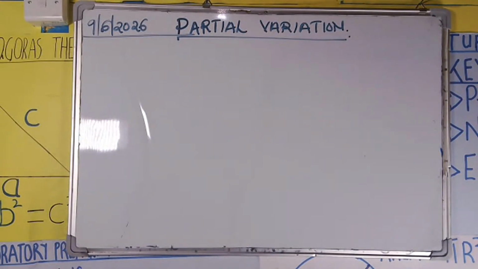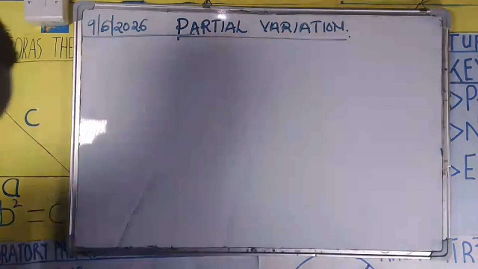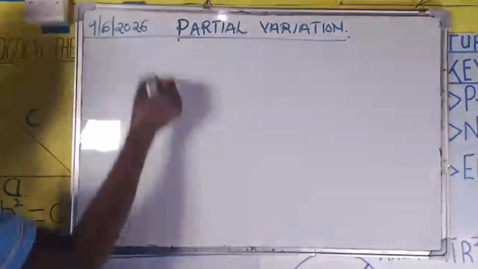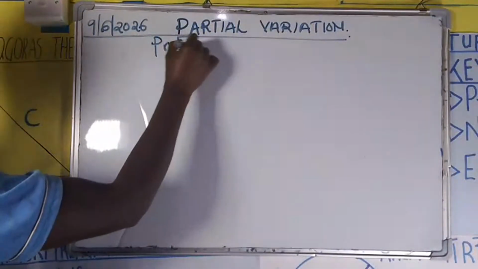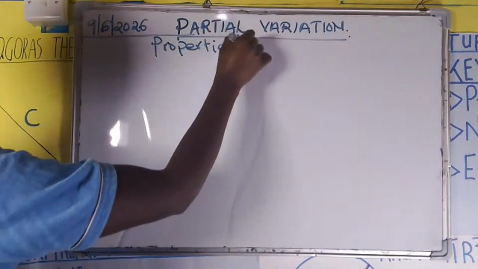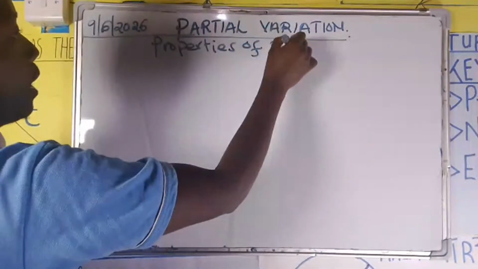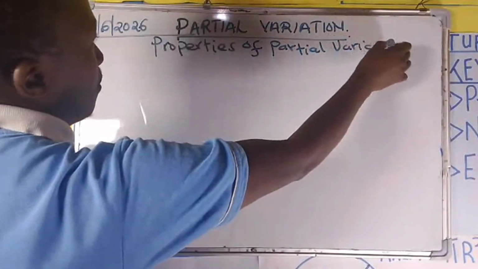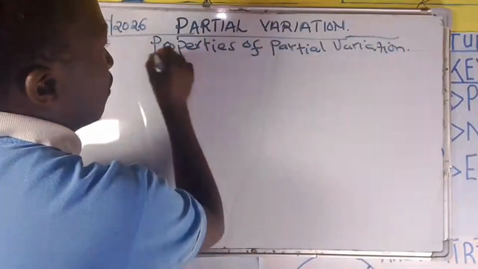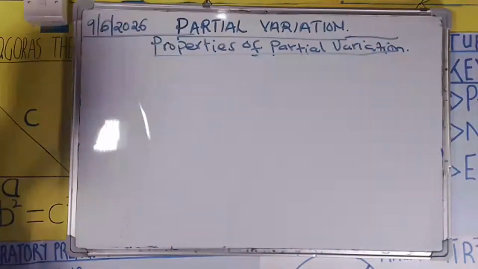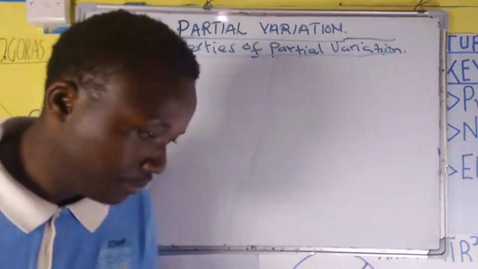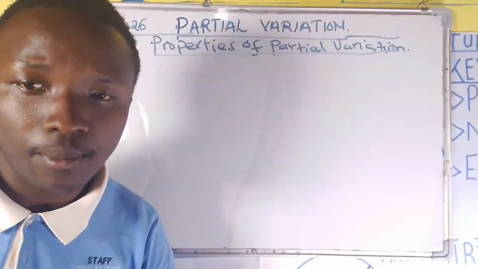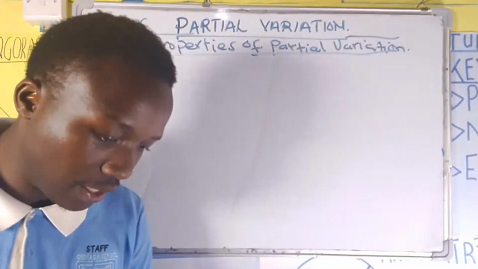So, as we introduce ourselves to partial variation, I want us to first understand the properties of partial variation. Some of the properties of partial variation include: